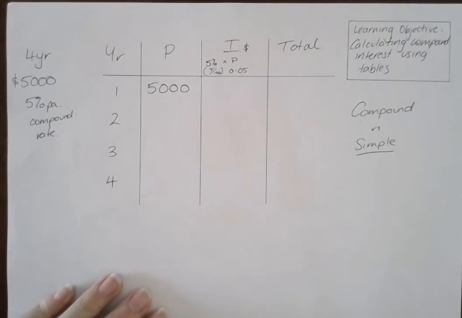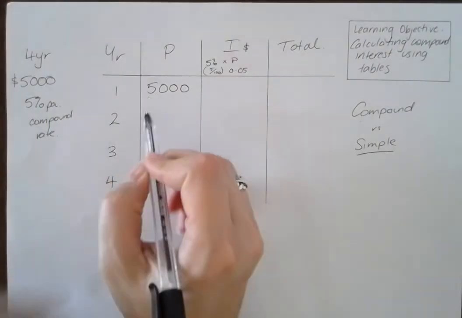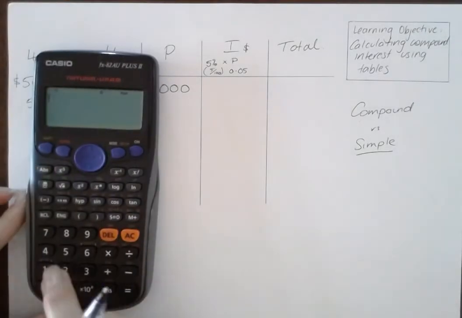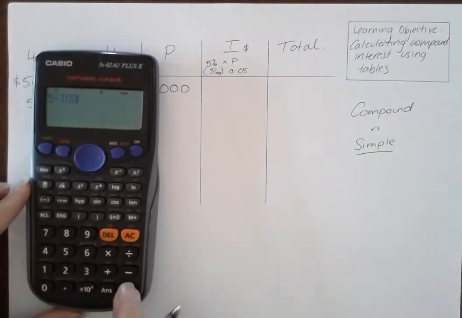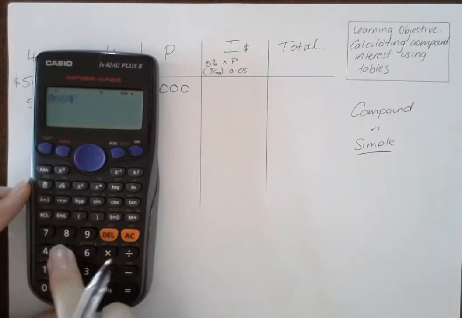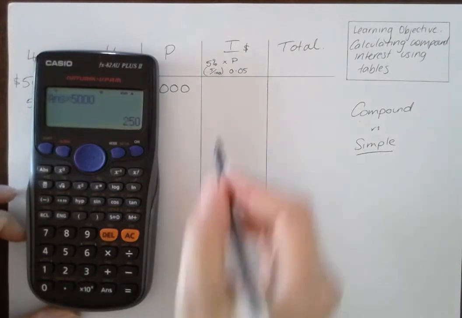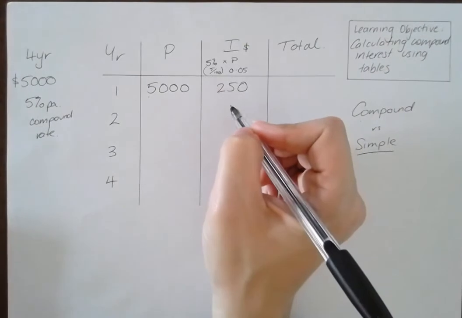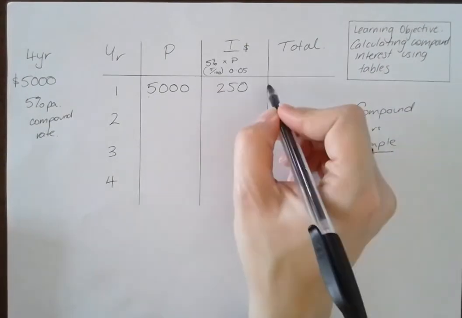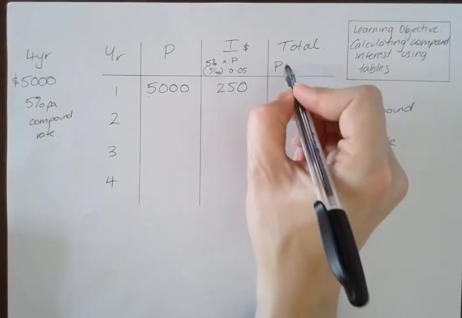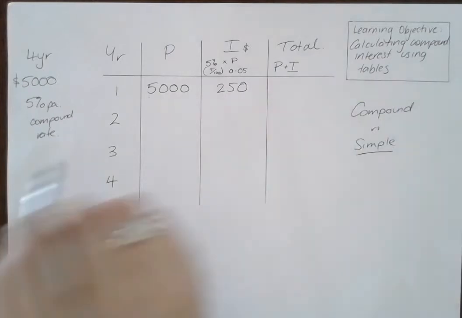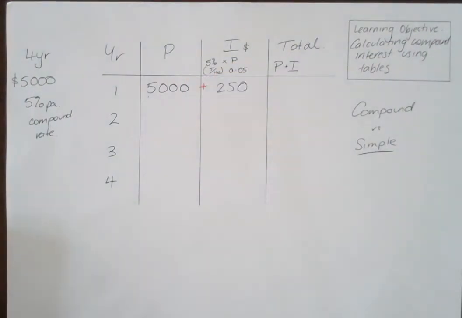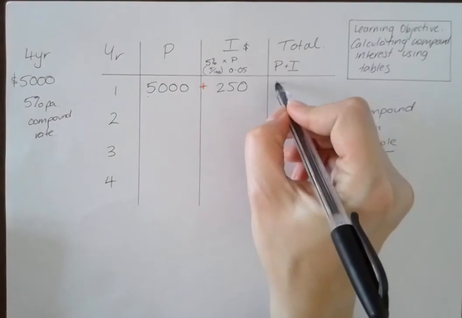Okay, let's go. We have to find 5% of $5,000. So we'll get the calculator and go 5 divided by 100. That's how I'm going to do it. Multiply by 5,000. And that's going to give us a total value of $250 worth of interest. Now, our total is going to be our principal plus our interest. So what we have to do is imagine a bit of a plus sign here, adding them together. So $5,000 plus 250 is pretty simple,